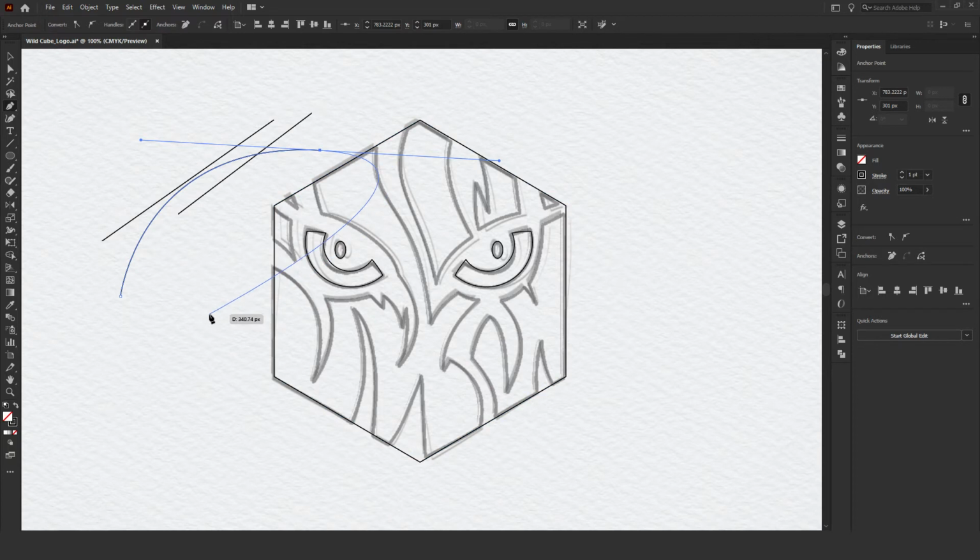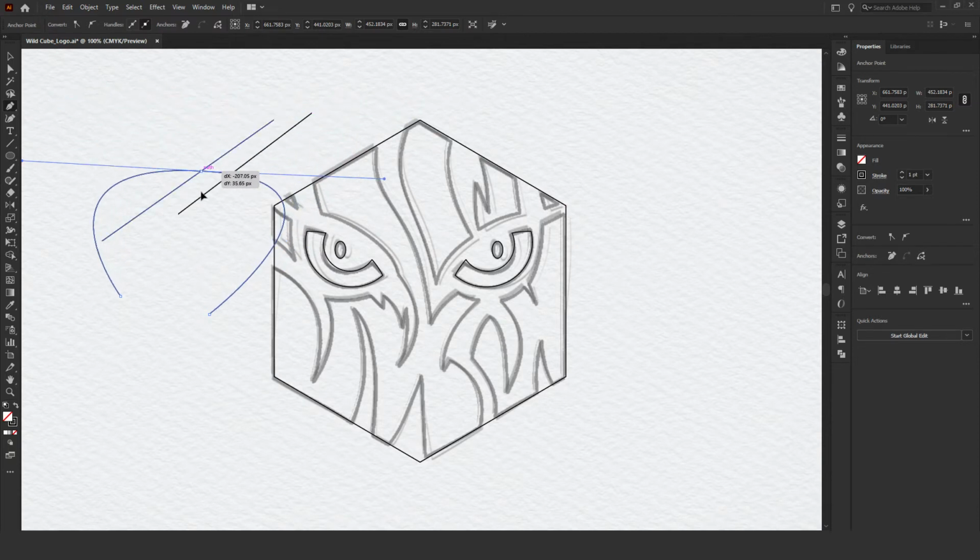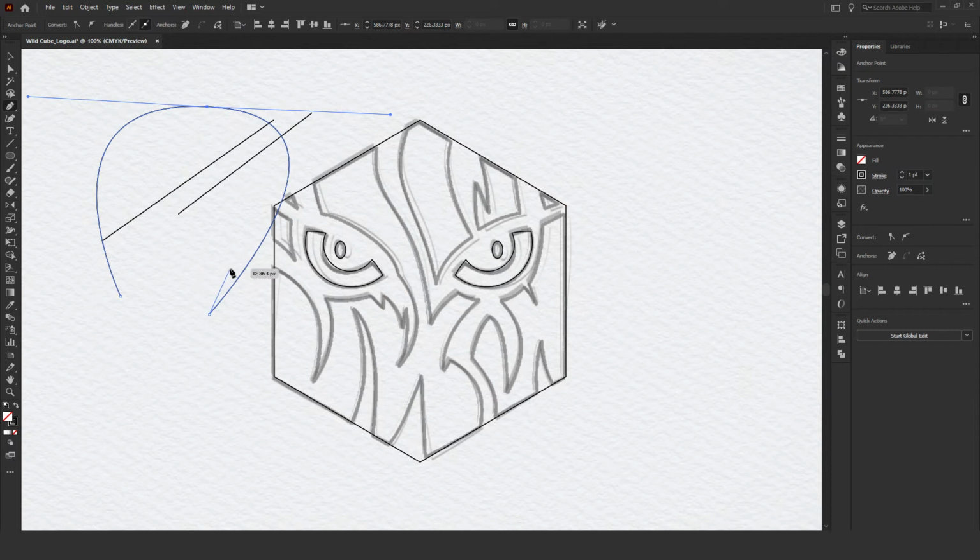As you can see, if you click over here, this handle part influences this curve. You can edit the curve and point anytime using the Ctrl and Alt keys. If you want to edit the curve, just press the Alt key and drag the handle like this. As you can see, you can edit it. Or if you want to edit the point, press the Ctrl key and click on any point and drag it over here like this. Okay, so that's all we need to know about the pen tool.